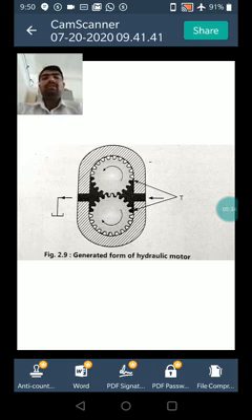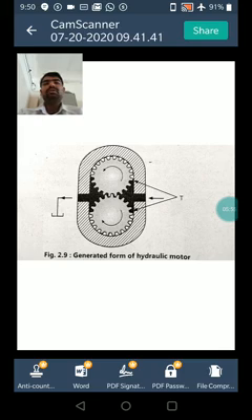Okay, for a gear motor, minimum speed lies between 400 rpm to 1000 rpm. Lower speed can be obtained by coupling the gear motor through a reduction gear. The external gear motor can be unidirectional or bidirectional. The unidirectional gear motor should not be reversed as it may damage the shaft seal and internal seal. The gear motors are for high speed application up to 4000 rpm and low torque requirement. The output power is limited to about 10 kW.